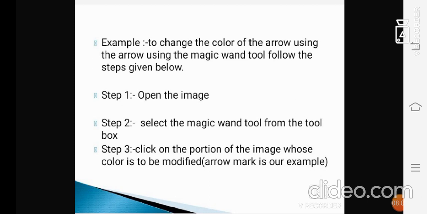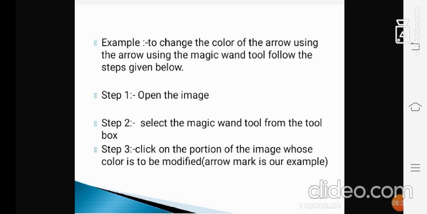We have some examples that we need to know. We have to follow the steps, and each step will make you understand. When you open the textbook, it is on page 78. I want you to follow this carefully when you open the magic wand tool. Then you will understand clearly how to operate this tool.